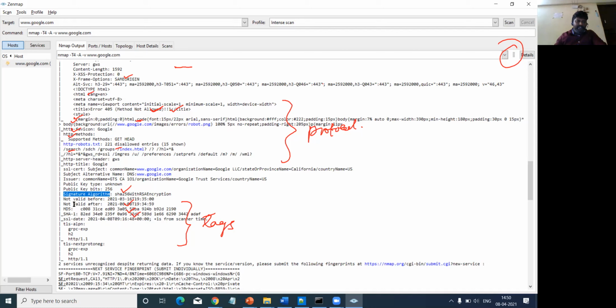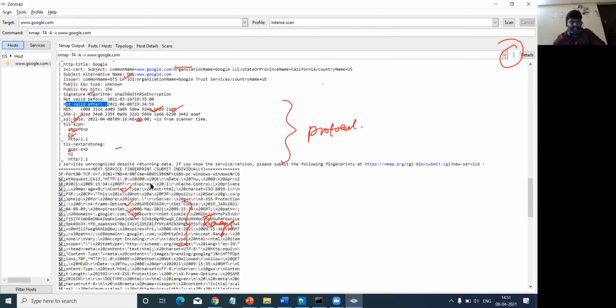Similarly here you will find the complete information about the certificate: not valid before, not valid after, and related information. If you scroll down, you will get more information, the port number which we used to scan. So this is a complete combination of metadata.